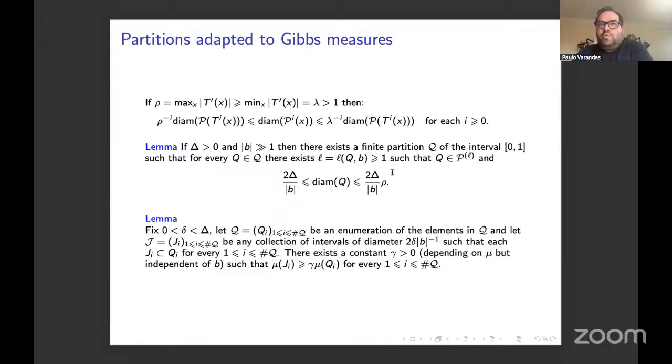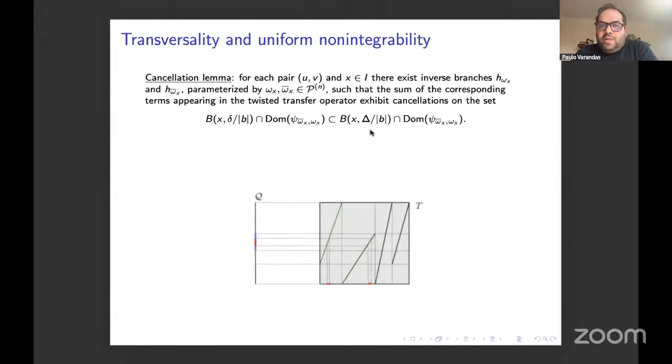So even though we are not working with SRB measures, there is a geometric aspect that appears here, which is the same as saying that in any ball of a certain radius, we can find a sub-ball where we have cancellations. But this means that if we want to understand what happens under the integration, we need to understand geometric objects and how to combine these two ideas, one that comes from the Gibbs property and cylinders with things that are geometric as balls. So what we did is that given a